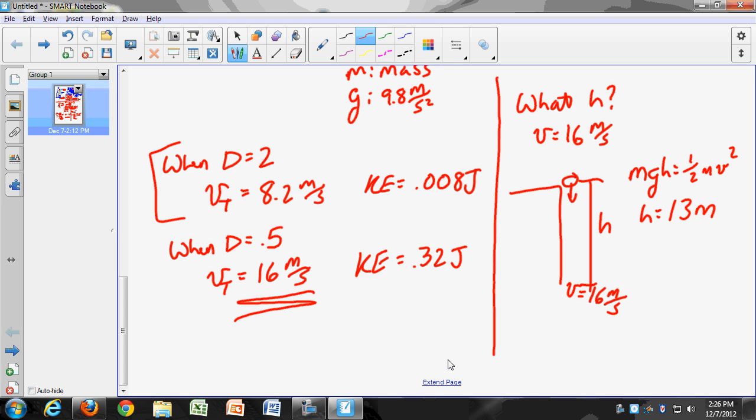So I think the best thing that you can do is you can go to the top of the stairwell. I think you'll have some external stairwells at E.D. White, and drop a penny onto somebody's head. And if it kills them, then obviously you have the answer to your question. But if it doesn't really bother them, then you've just proved it. You've shown that a penny that reaches that speed of 16 meters per second, which is the speed that it's going to reach dropped from the Empire State Building,